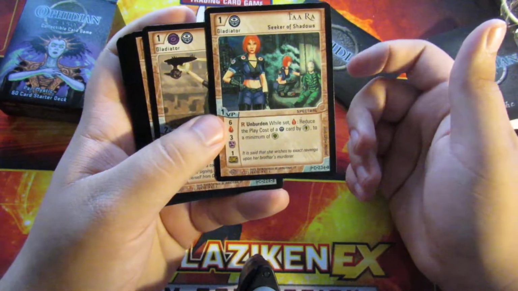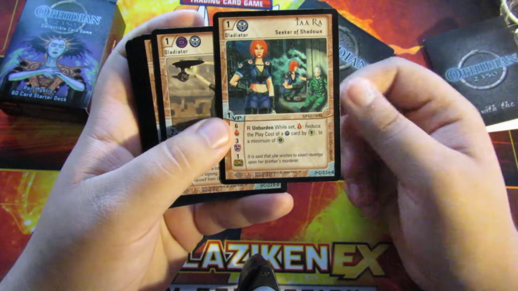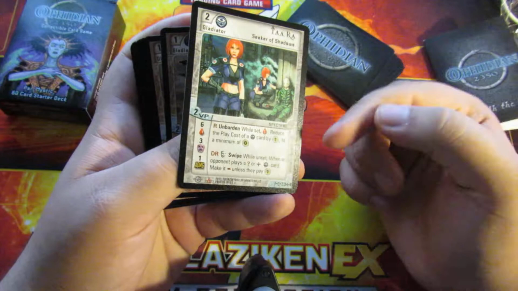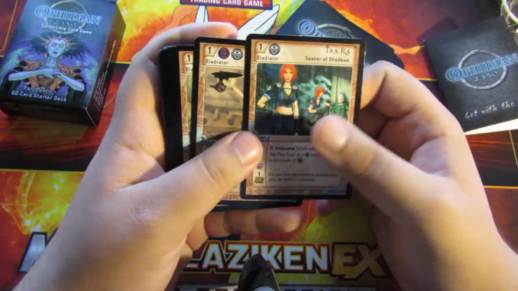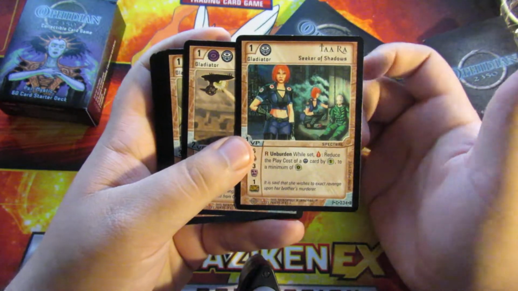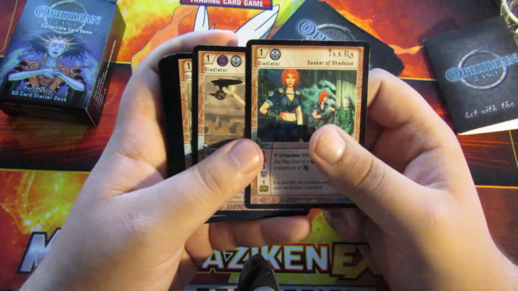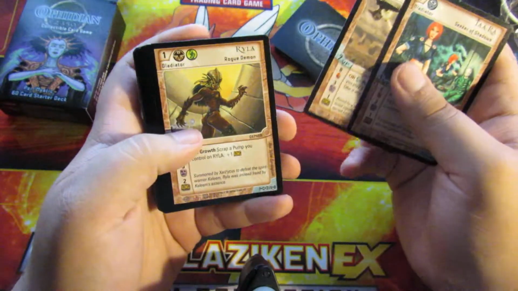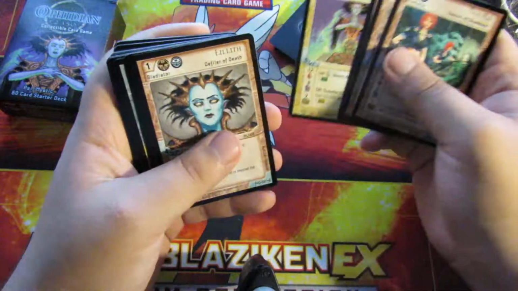So like you play the game. I can't remember what exactly triggers the flip, but it flips and it's better abilities. Like I said, I'm gonna have to refresh myself. It's been a little while. But I'm gonna release a video about how to play. So we got Tara, Seeker of Shadows, Trace the Summoner, Ryla the Demon, and Lilith the Defiler of Death. So these are like...